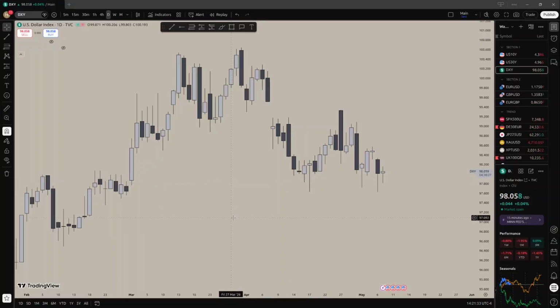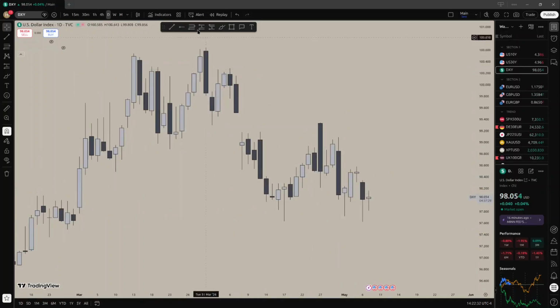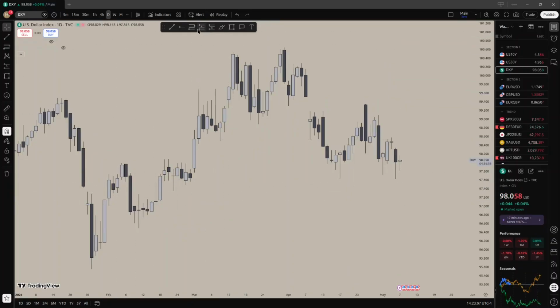So if the yields are rising and DXY is also rising, we're looking at essentially where the DXY is heading. If we were looking at the 10-year yield here that is starting to rise, we take a look at the DXY, and now we're going to frame our ideas. So you can see we've got a fair value gap here, we've got this gap here, we've basically got further gaps to look at and to position ourselves better,